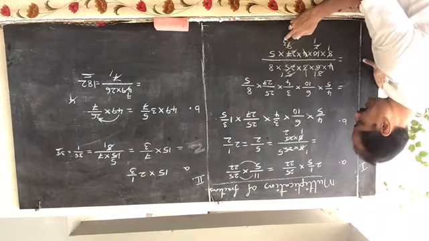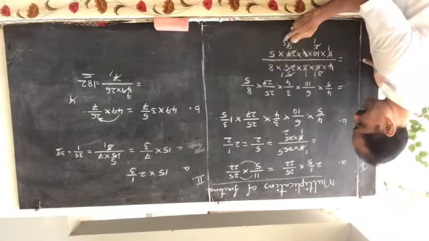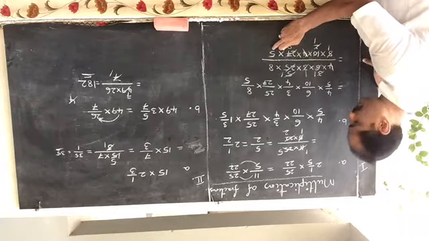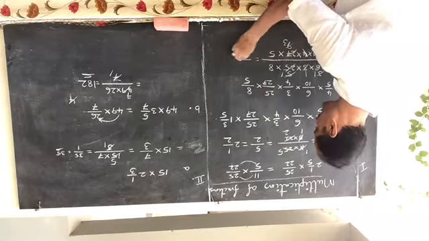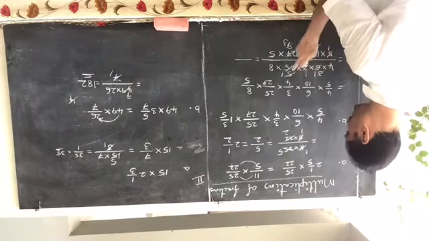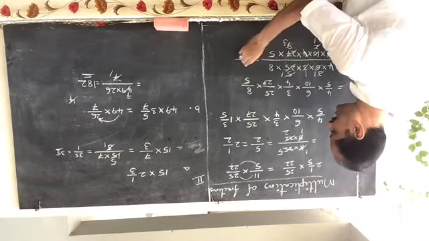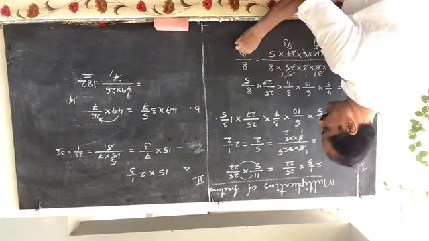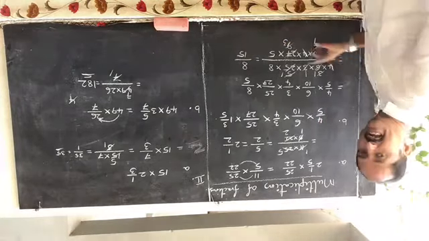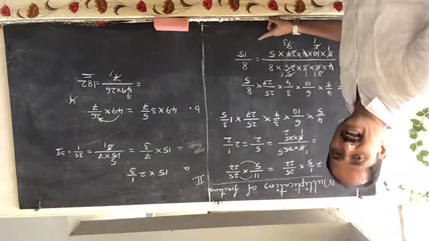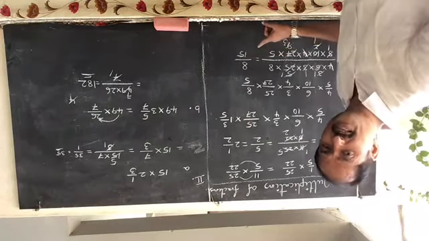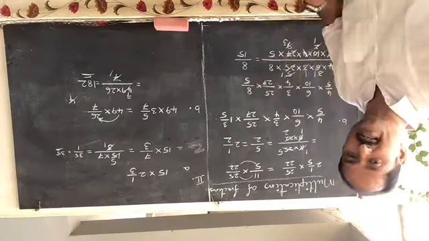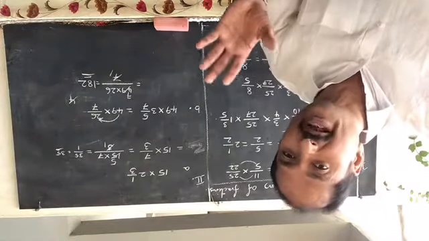Only 8, 3 and 5 remain. Is 3 a factor of 8? No. Is 5 a factor of 8? No. So the numerators are all 1. 1 into 8 is 8, by 3 5s are 15. 8 by 15. 8 by 15 is a proper fraction and it is in its simplest form, because 8 and 15 have no common factor. 8 and 15 are co-prime numbers.